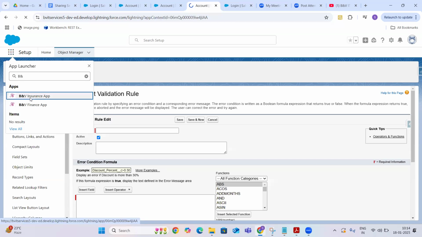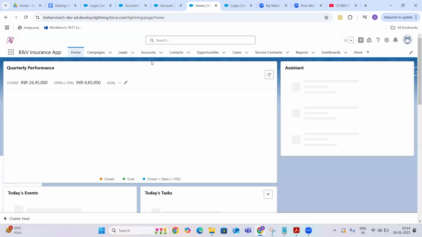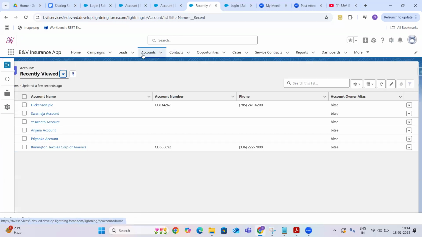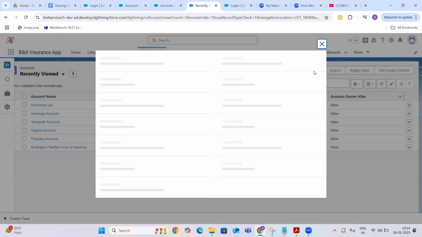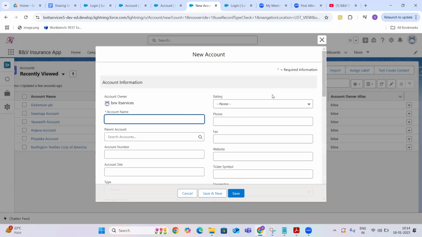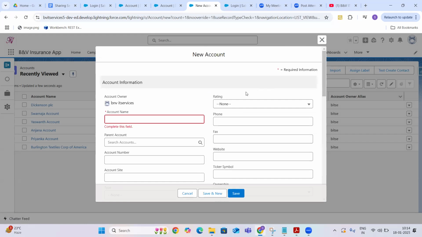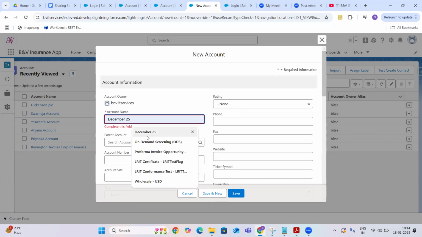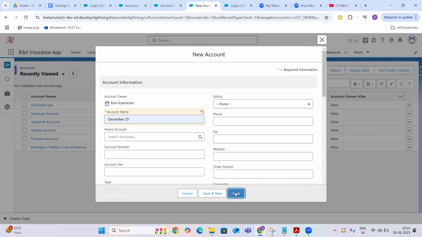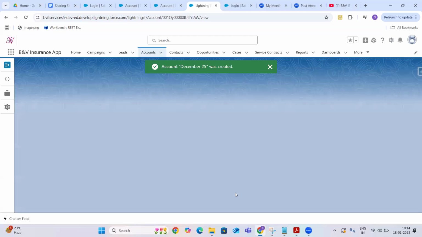For example, if I try to create an account record, let me open up the app. Okay. I'm going to Accounts. When I click on New, right now it is asking me for the account name. If I provide the account name and click on save, that is enough, right?